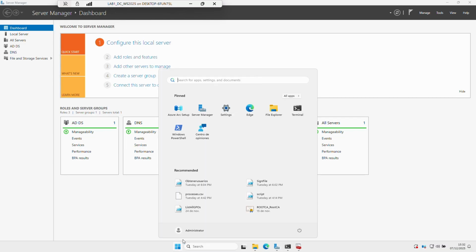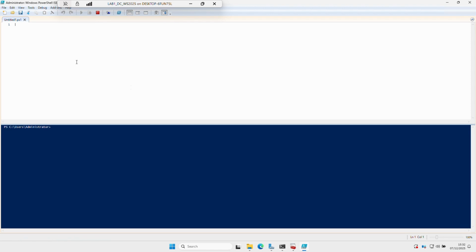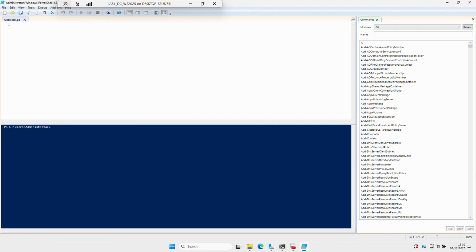I can run from PowerShell ISE. I don't know if it's well spelled, sorry. And I have this script that I can run. So here, what I do is go to my current user certificates with Get-ChildItem, that we were checking in this command before, and just taking the ones that are for code signing certificate. And then I run this other new command that is Set-AuthenticodeSignature for this file